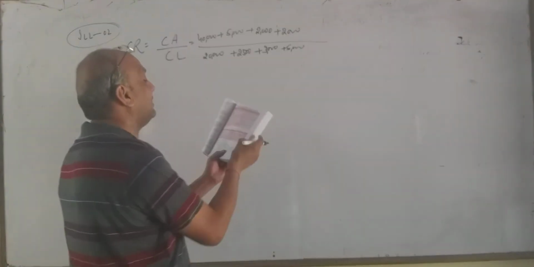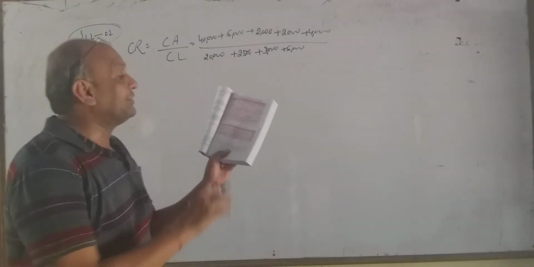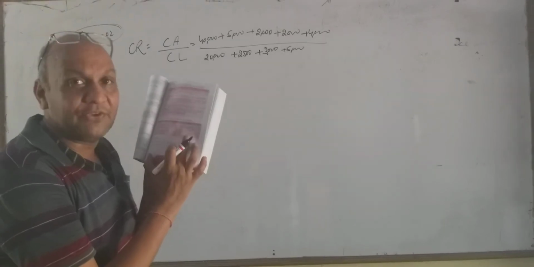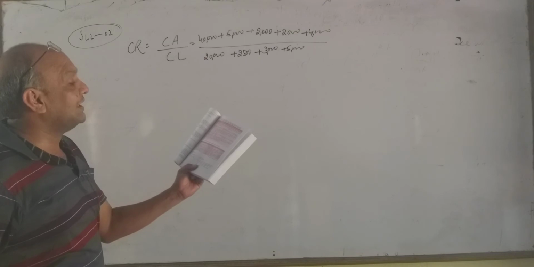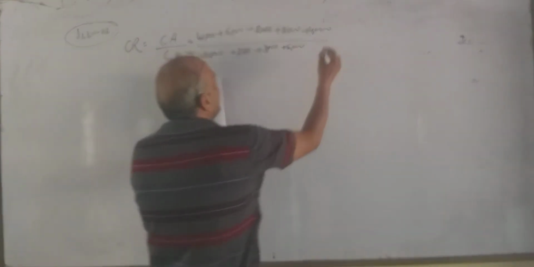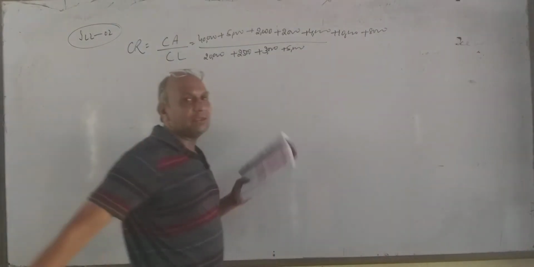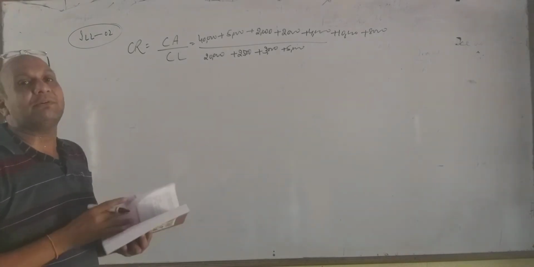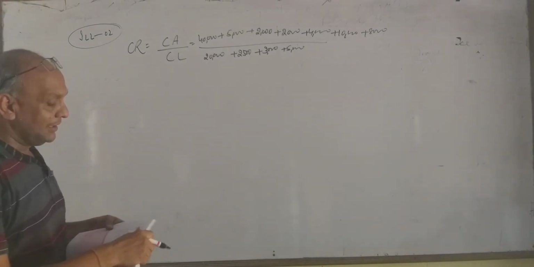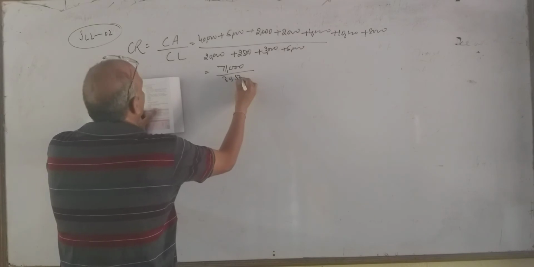Now we have been given short term loans and advances. Advances means we are giving. It is our current assets, plus 4,000. Next item is tangible fixed assets. So I think fixed assets will not come because it is not part of our current assets. And the 11th item is cash and equivalent, 10,000 rupees. And the last item is advance income tax, rupees 8,000. So in this way we are going to write all our current assets and current liabilities. Here the total comes: total current assets are 71,000, total current liabilities are 30,500.